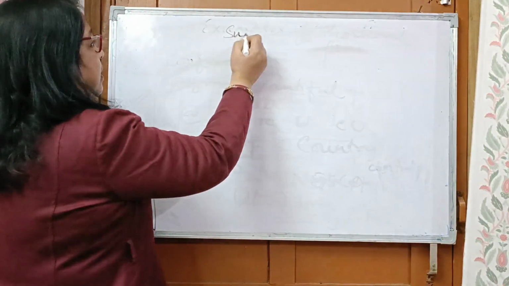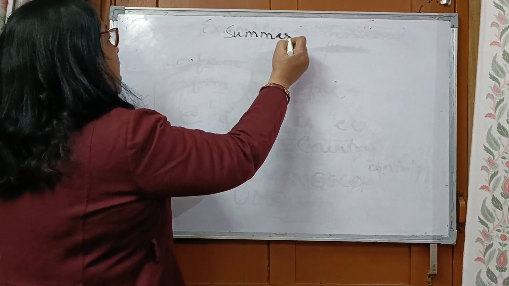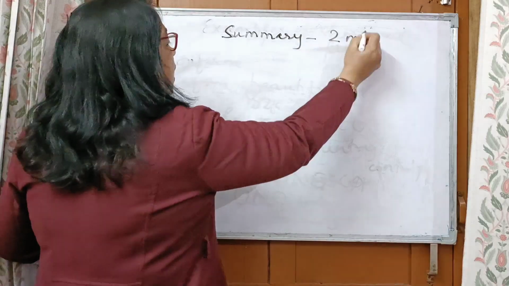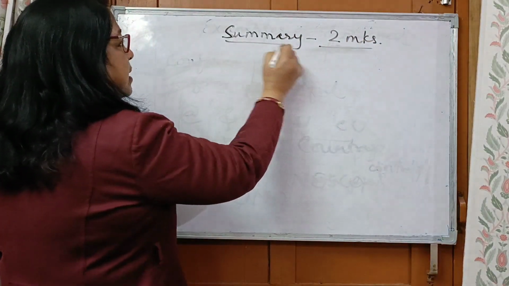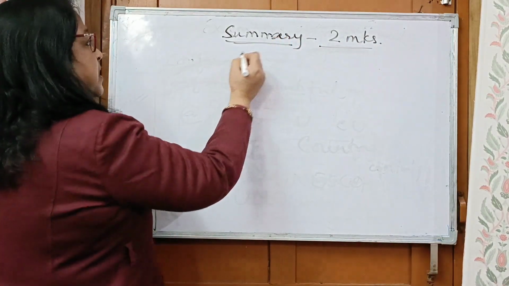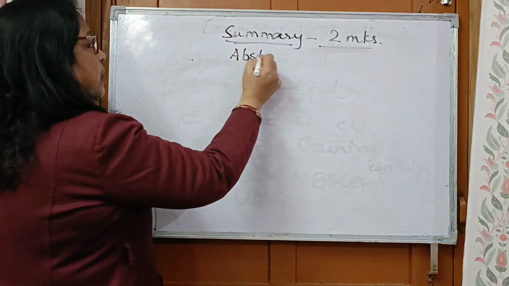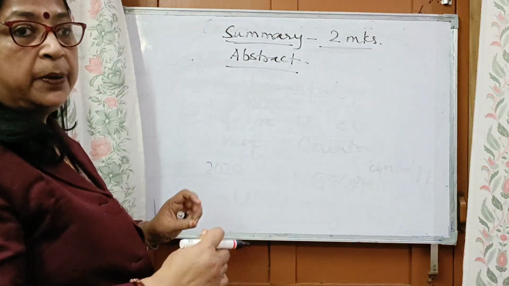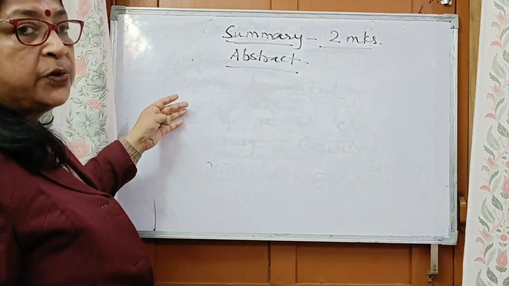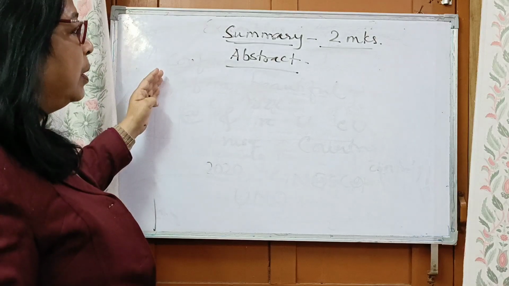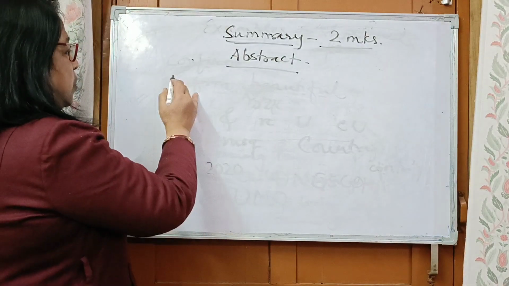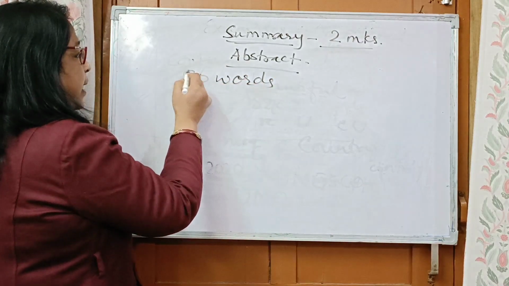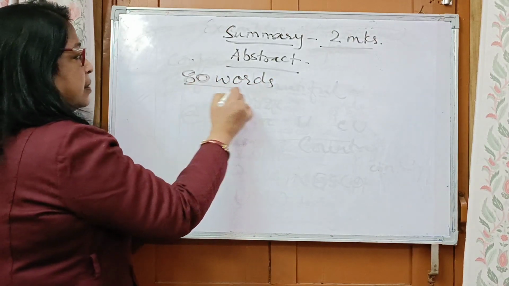For summary writing, which is also sometimes called abstract writing, summary, it carries 2 marks. You have to write it in the end, giving this heading, summary or abstract writing. Both the words are used. Here you have to cover whatever you have written in the note making, means whatever points you have touched in your note making, all those points should be covered here using not more than 80 words. Do not use more than 80 words for 2 marks.